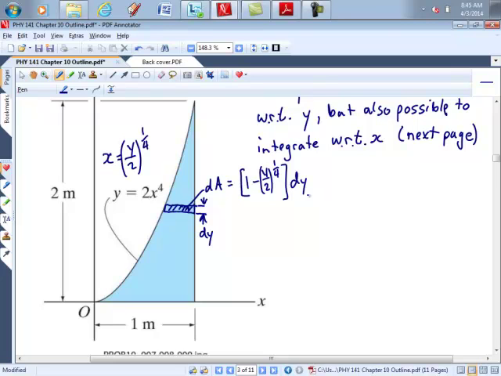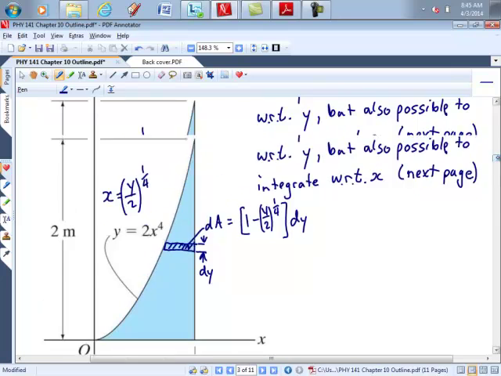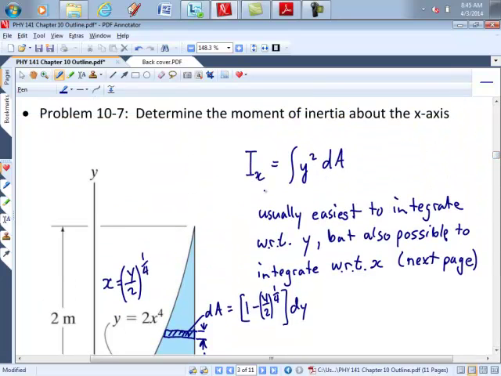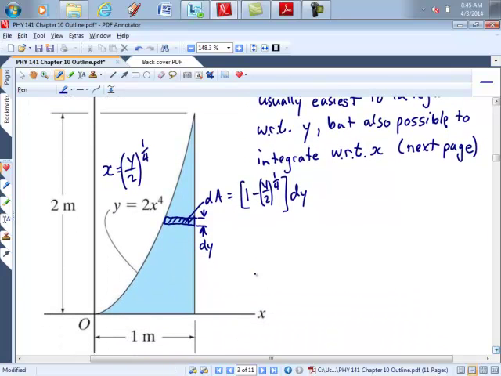So our dA is this distance minus this distance: 1 minus the y over 2 to the 1/4, all times dy. Okay, and if that's my dA, then now I can integrate. So I've got Ix equals integral y squared dA